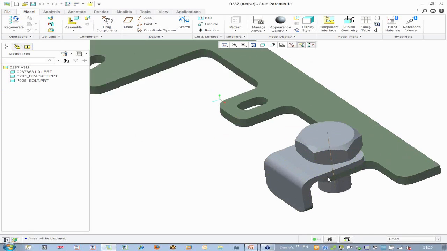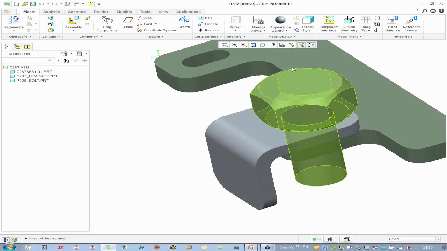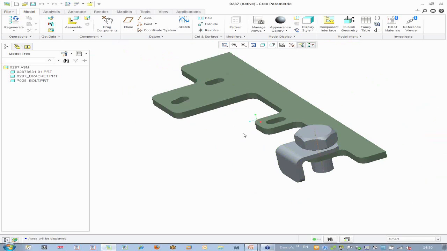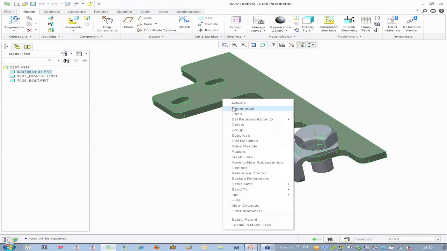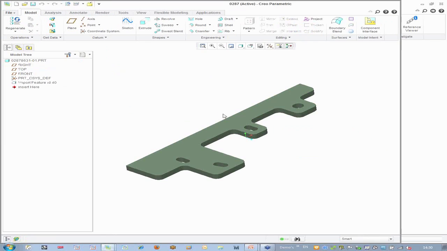We can see that we've got a little nut and bolt down here, which clearly needs to go through some sort of interference hole. For those users who are familiar with the interface, we've got a set of tabs across the top here, and we've got the model tree over on the left-hand side. So looking at one of these particular components, you'll notice that this component has been imported from a third party,